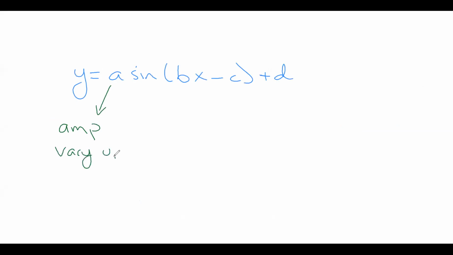This is our equation, just in case you missed the day we did the unit opener. This is my amplitude, how much I vary up and down from the median. This is my median,